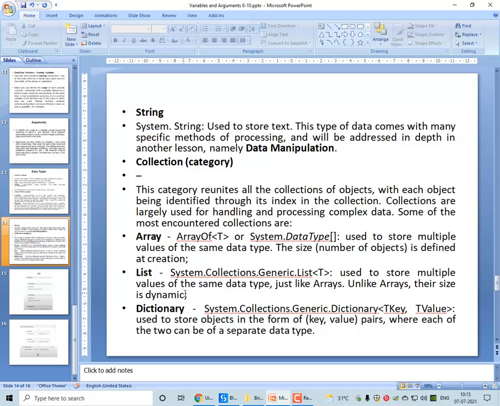It's like an array, but it can store dynamically. An array is used to store multiple elements of the same data type but cannot increase its size dynamically, whereas a dictionary is nothing but a key value pair where each of the two can be of a separate data type.